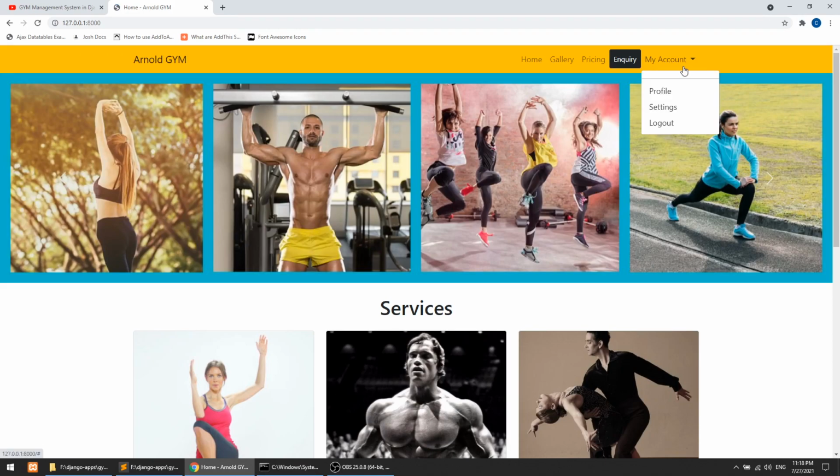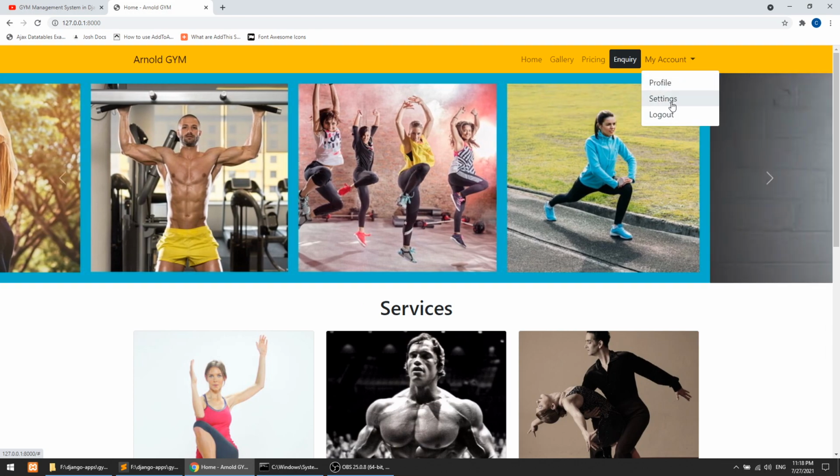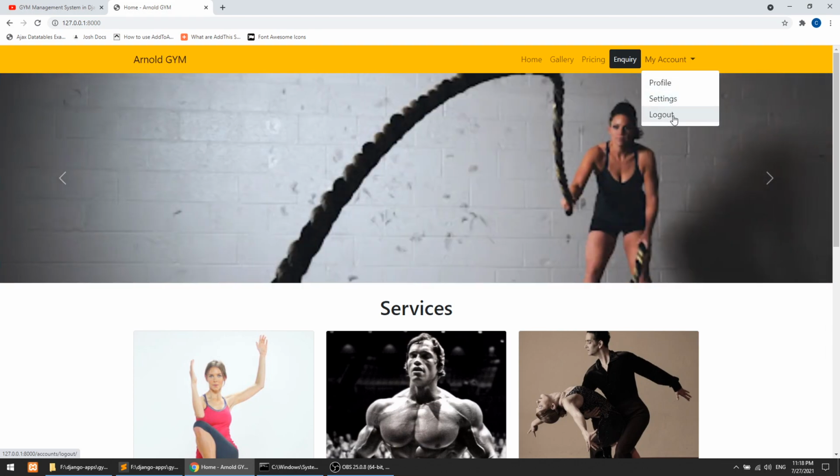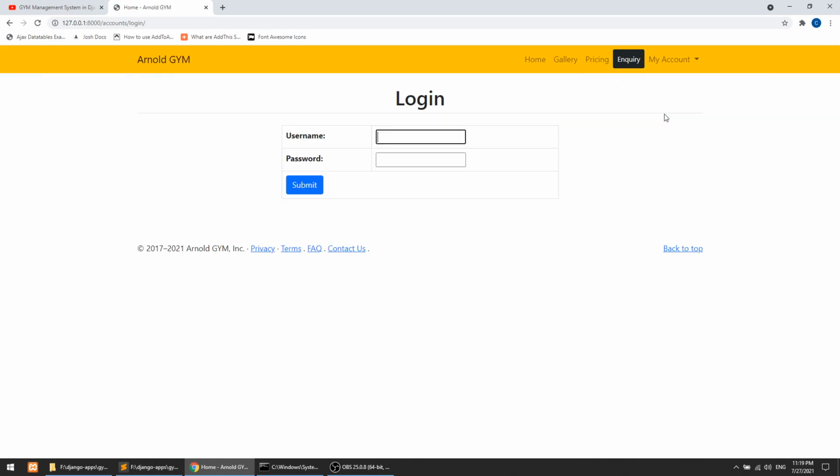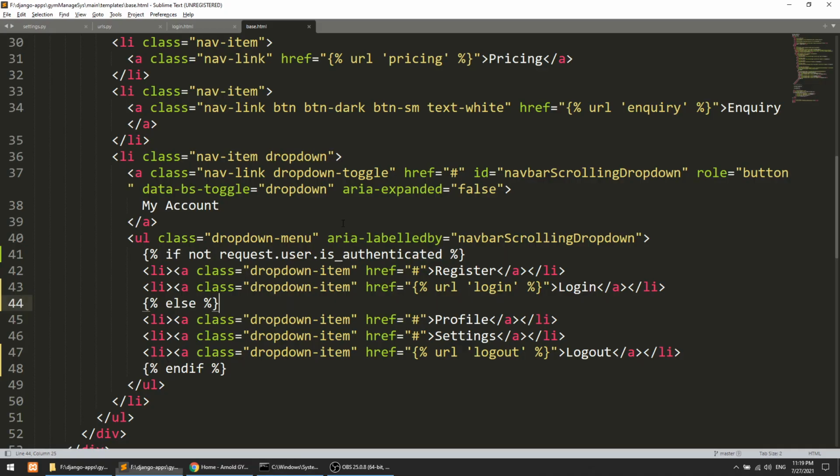So we have now profile and settings. We will work on the profile and settings later. Now we have the logout link. When we click on this, we will be redirected to the login.